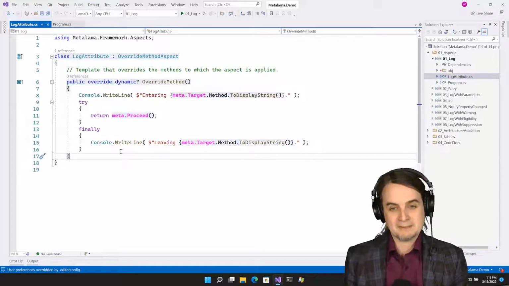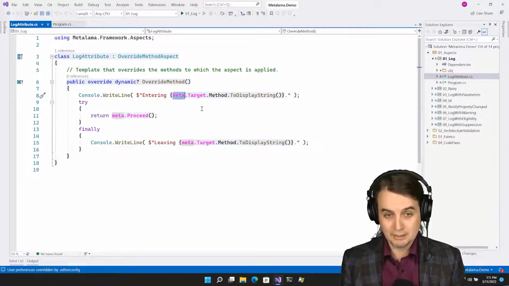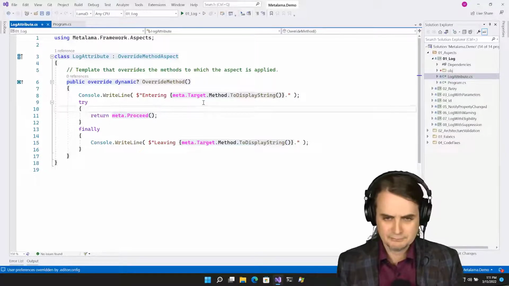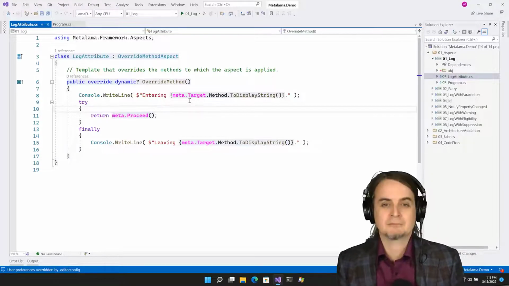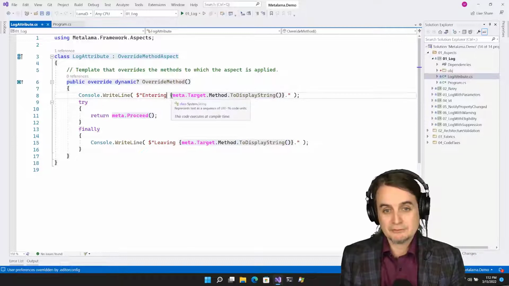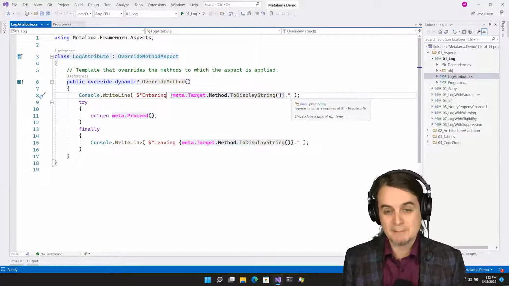And in Metalama, except the word lama, you have the keyword meta. This is the most important. It's a pseudo keyword, but you can consider that as a keyword. So meta gives you access to the meta model. Anything you see here on the right of the meta keyword, the whole expression, is a build time, a compile time expression, a meta expression.